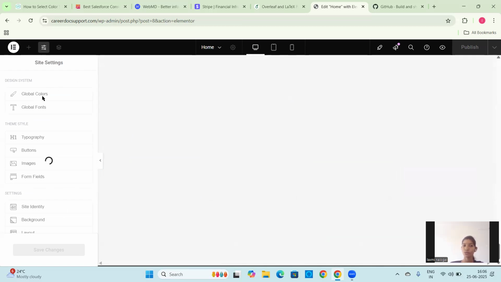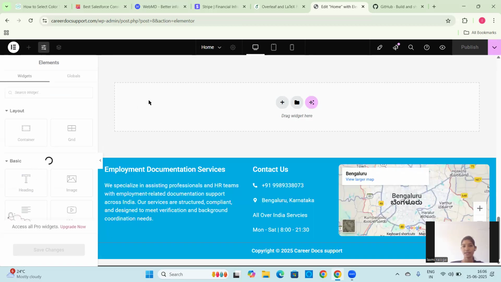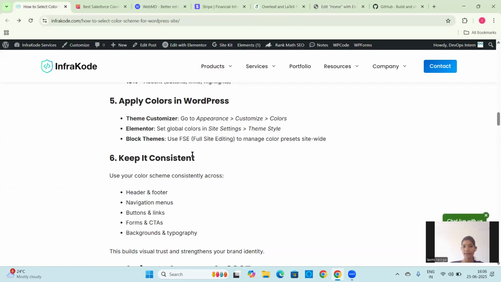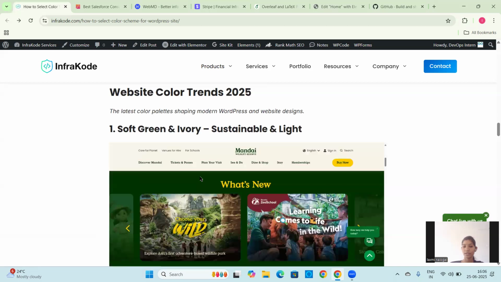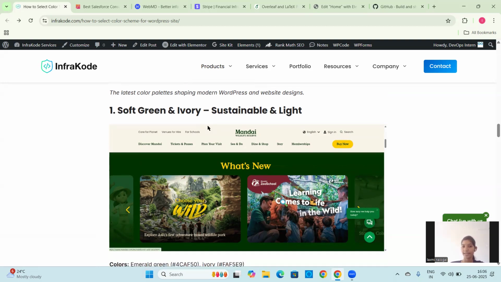Like this, you can go through colors, fonts, typography, buttons. I will show you some examples. Here I added a screenshot, website color trends 2025. So this is the latest color palette.